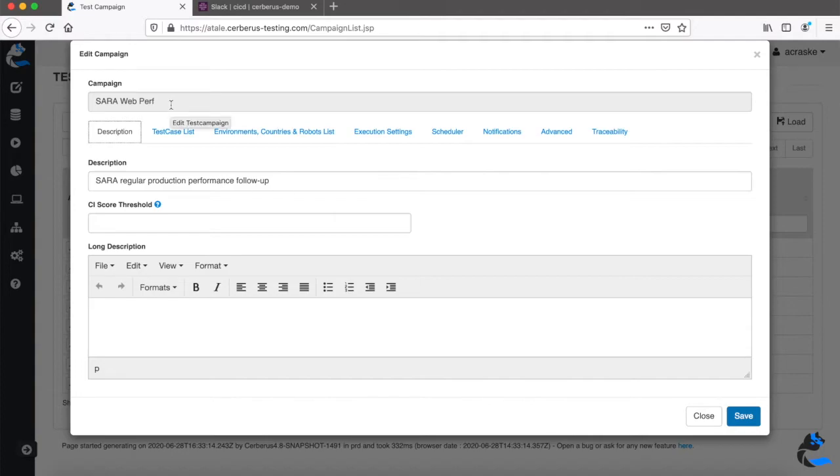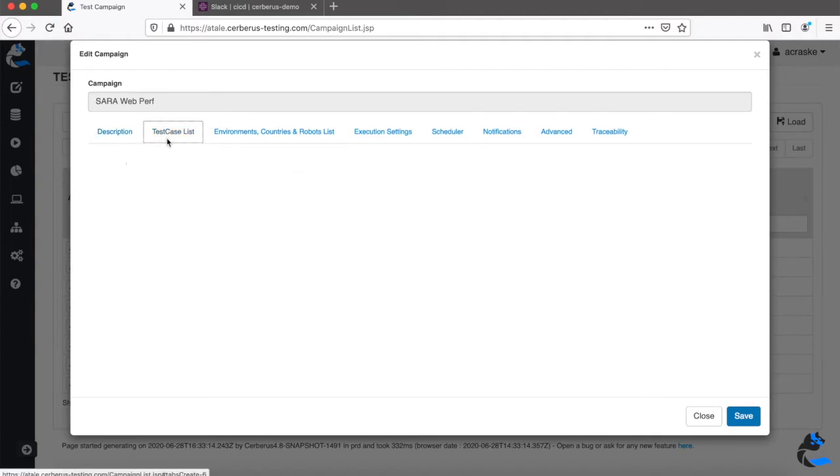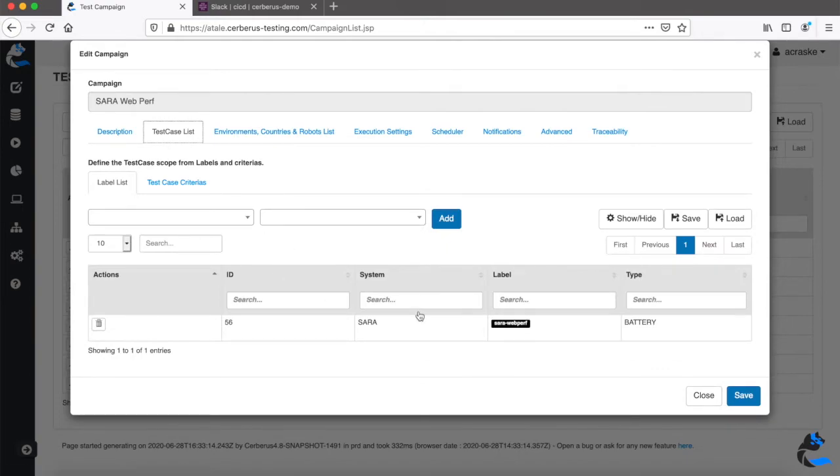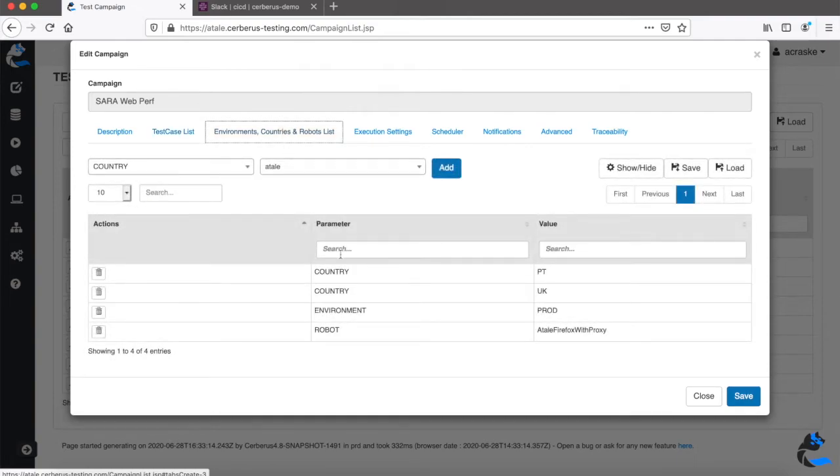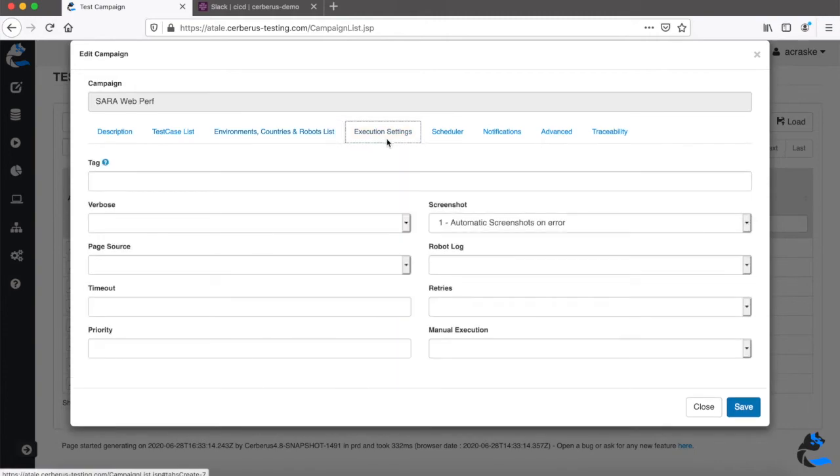Now we'll share the second use case, which is using this integration to support your web performance. Here is a standard web performance campaign we have on an application, with its set of tests selected. We have the environment in the same way. The main difference is that the environment is production, as we want to do web performance and UX monitoring of the main platform.